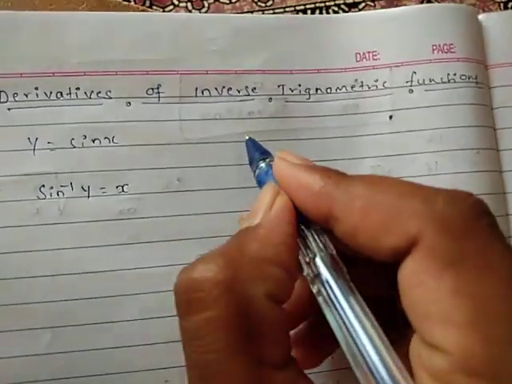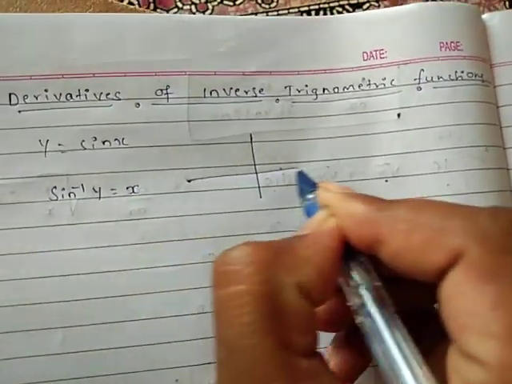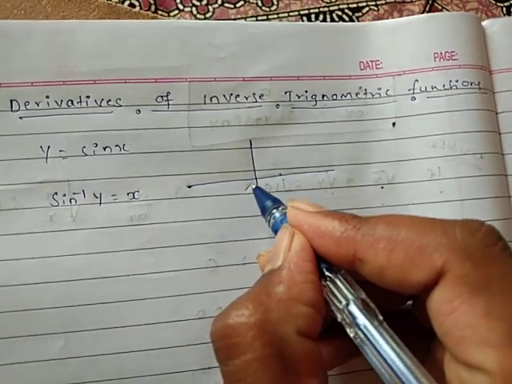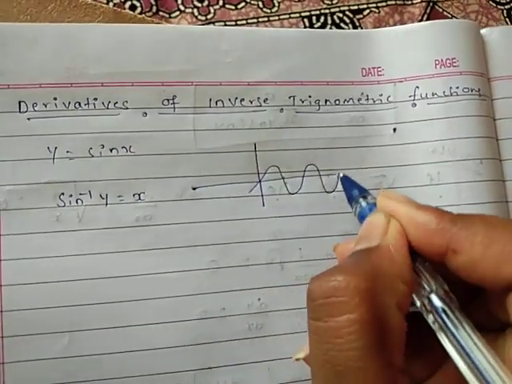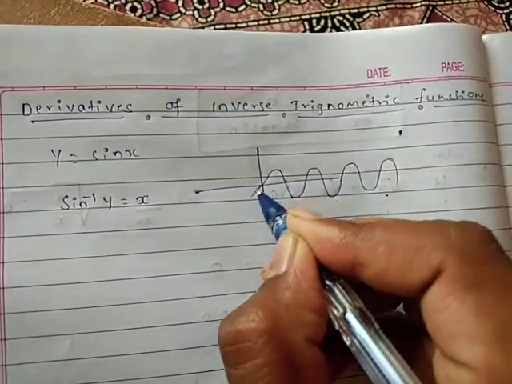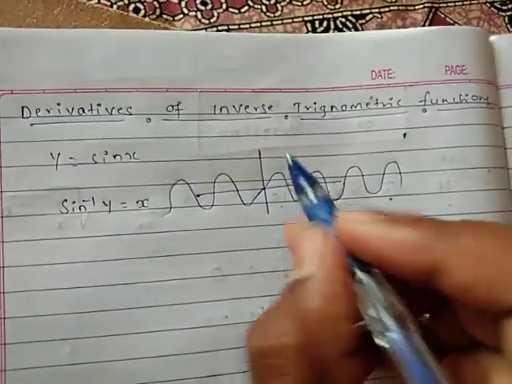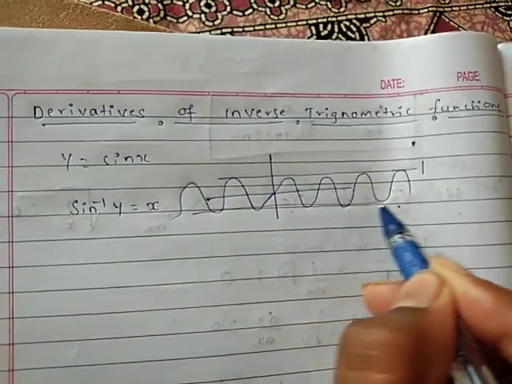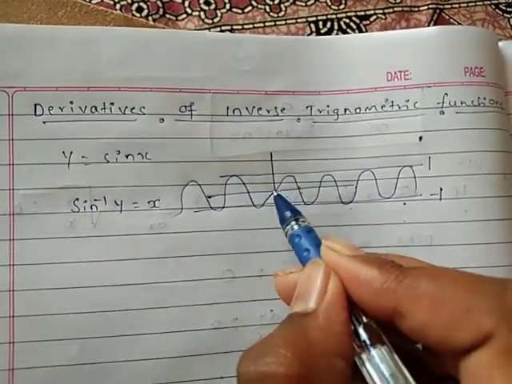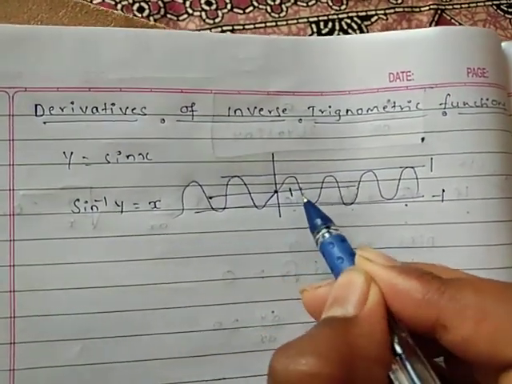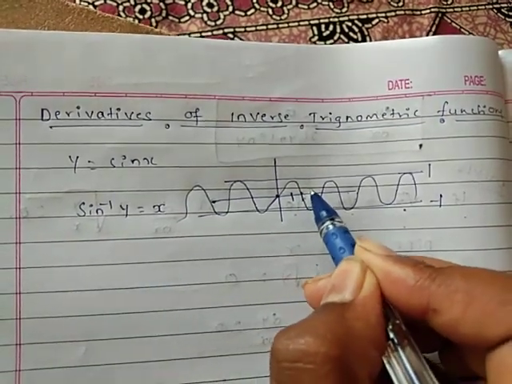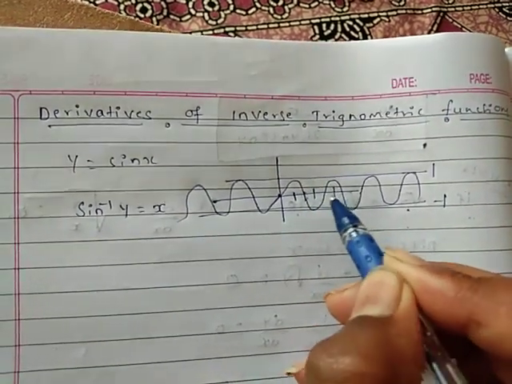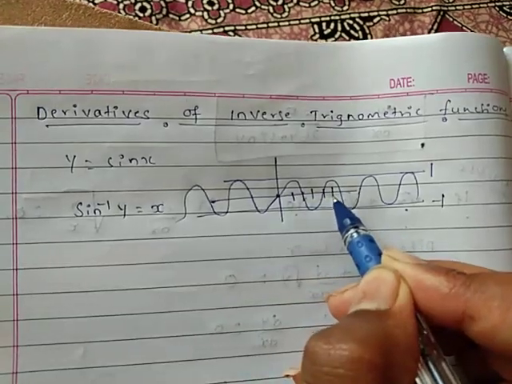Observe here, suppose we take the graph of the sine function, we will get a graph like this. Here +1, here -1, 0, pi by 2, pi, 3 pi by 2, 2 pi, 5 pi by 2,